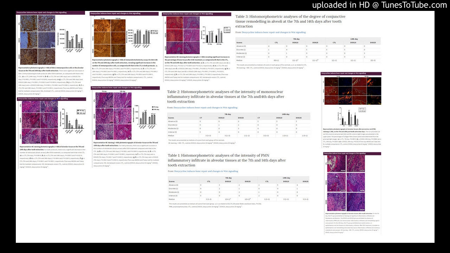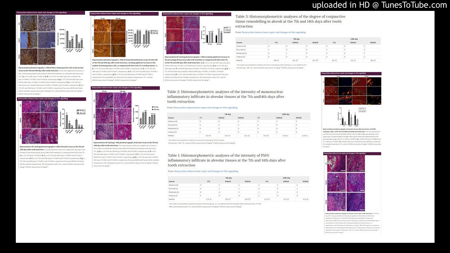Qualitative and quantitative analyses of osteoblasts. Representative photomicrographs of alveolar tissues from the three study groups indicated the presence of osteoblasts on the 7th and 14th days, Figure 3, after tooth extraction. Data quantification revealed that 10 and 25 mg/kg DOX significantly increased the number of osteoblasts by 190% and 220%, respectively, compared with the CTL group on the 7th day after tooth extraction. Similar increases, 130%, were observed for both the DOX10 and DOX25 groups on the 14th day, as compared with CTL.